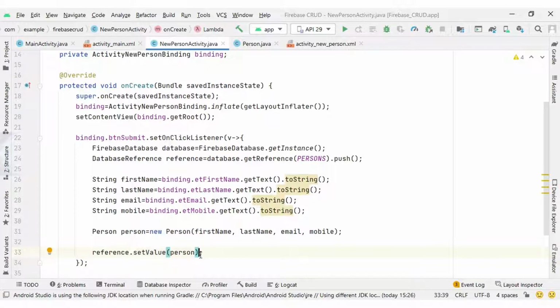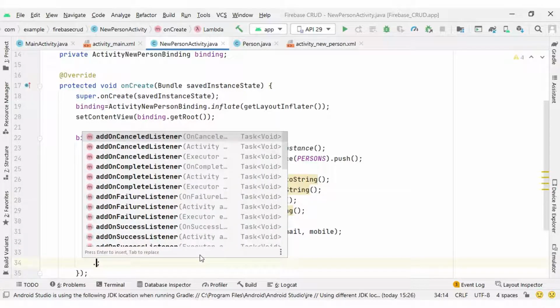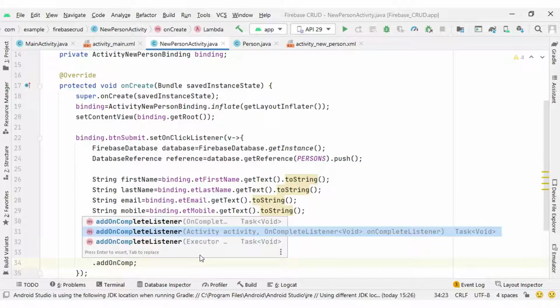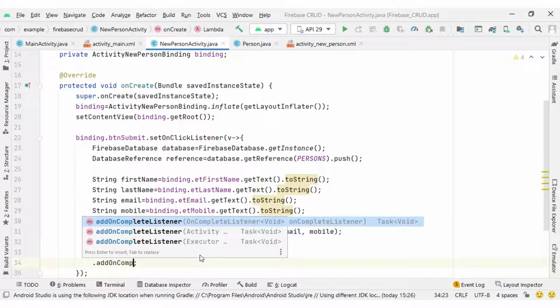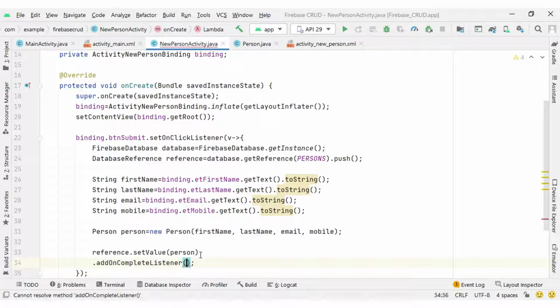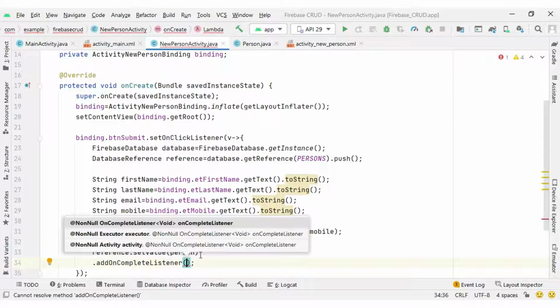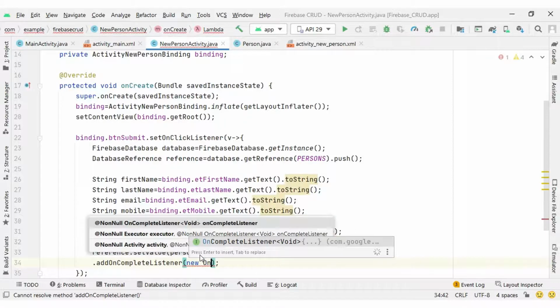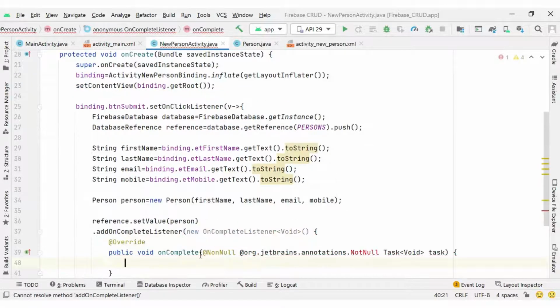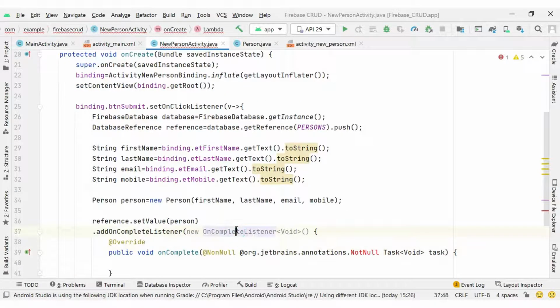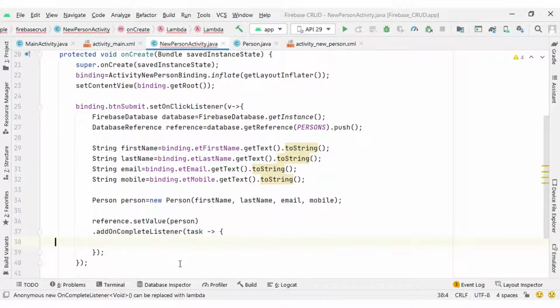One more thing you can have here is, after set value, we can have one more listener. You can set add on complete listener. You can see we are getting the add on complete listener method, and inside this method you can pass on complete listener. So new on complete listener I implemented, and you can also replace this syntax with a lambda, that is Java task.